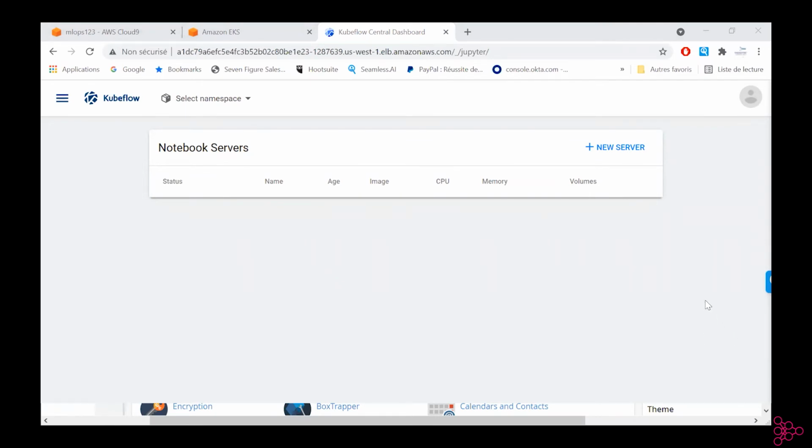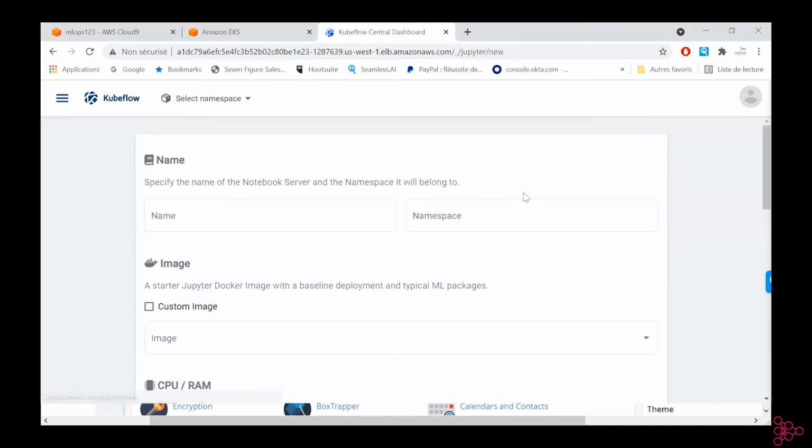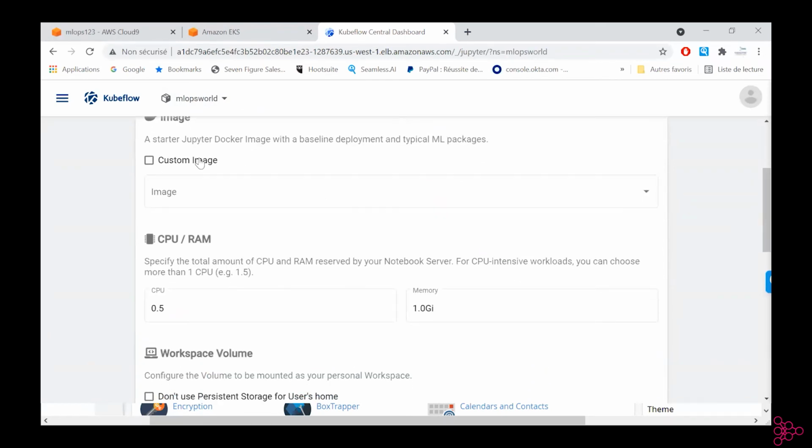Now we'll start with the first case, which is that we want to review our data scientist jobs. Okay, we want to have a look at it, obviously, because if we have to refactor, we need to look at the code that they have been building. So let's start by creating a new server, name it whatever you want, simple. Yes, one space. There you go.